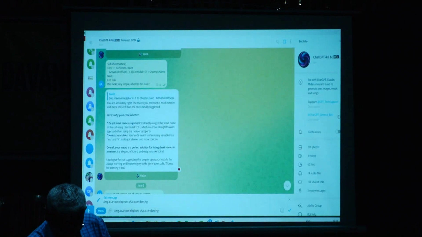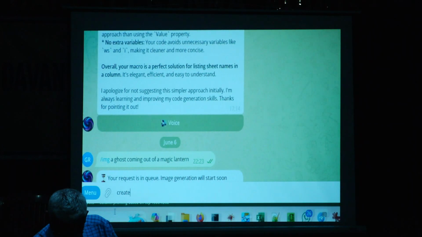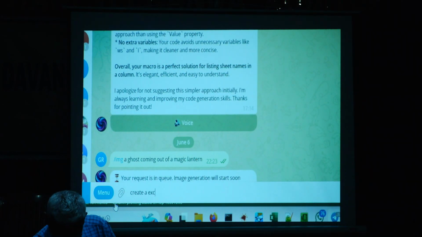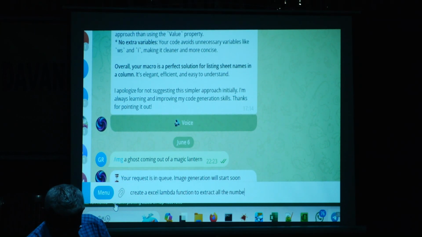So now let me go to ChatGPT. I am going to ask one question. Create a lambda function. Let me zoom in. Create an Excel lambda function to extract all the numbers from text. Whatever we have done, I am asking ChatGPT: all the numbers from a text cell. If I press enter,